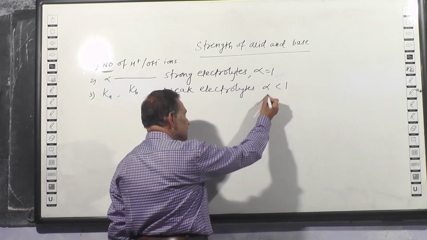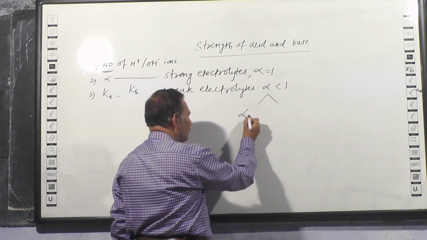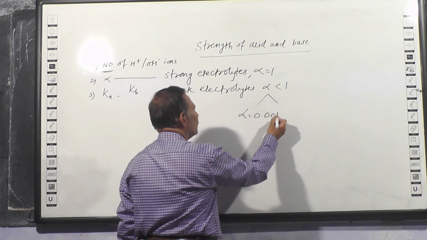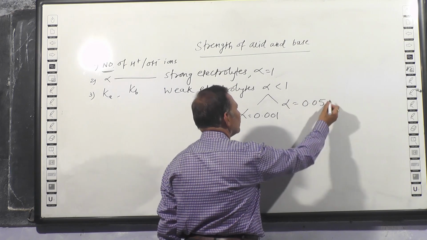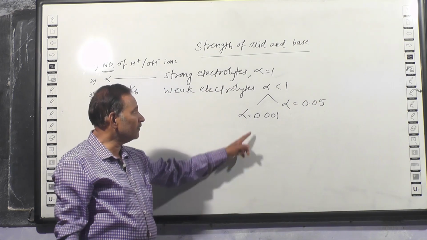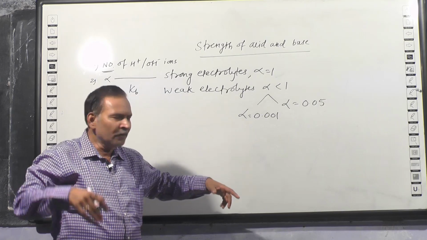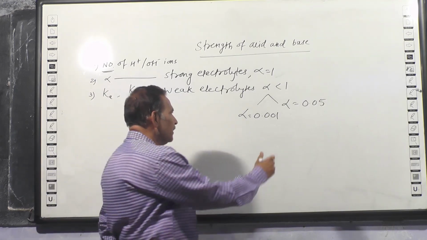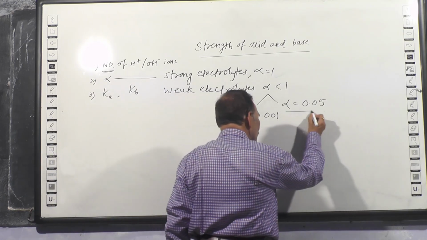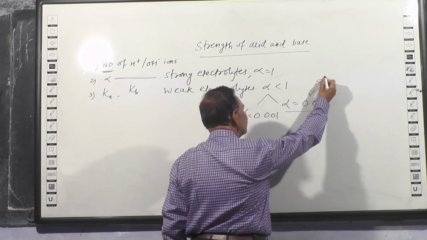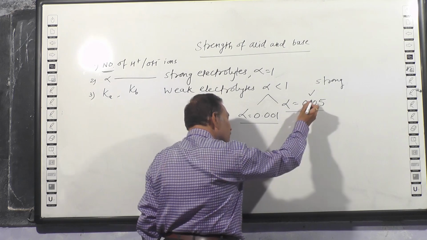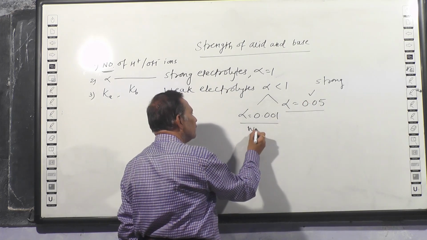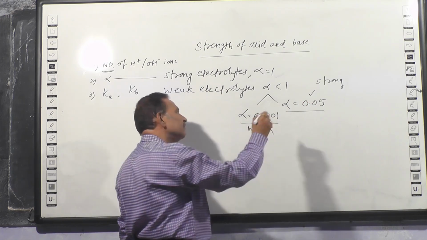मान लो अभी 2 एसिड्स आर देयर, एक का अल्फा है 0.001 और दूसरे का अल्फा है 0.05. Both the values are less than 1. Till we can compare the strength of the two acids. यहाँ पर alpha is more and therefore this acid is strong, and here alpha is less compared to this and therefore this acid will be weak or base will be weak.